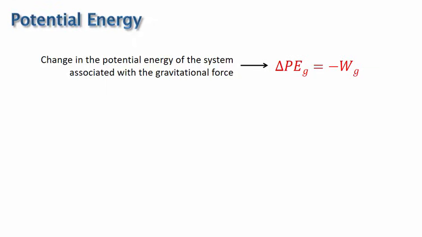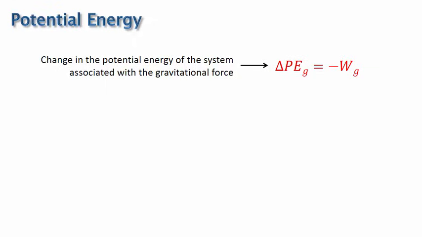As the ball rises, the gravitational force does negative work, slowing the ball down. And we can also recognize that positive energy is being stored in the system. So that means the mathematical relationship is this: the change in the gravitational potential energy of the system is equal to the negative of the work done by